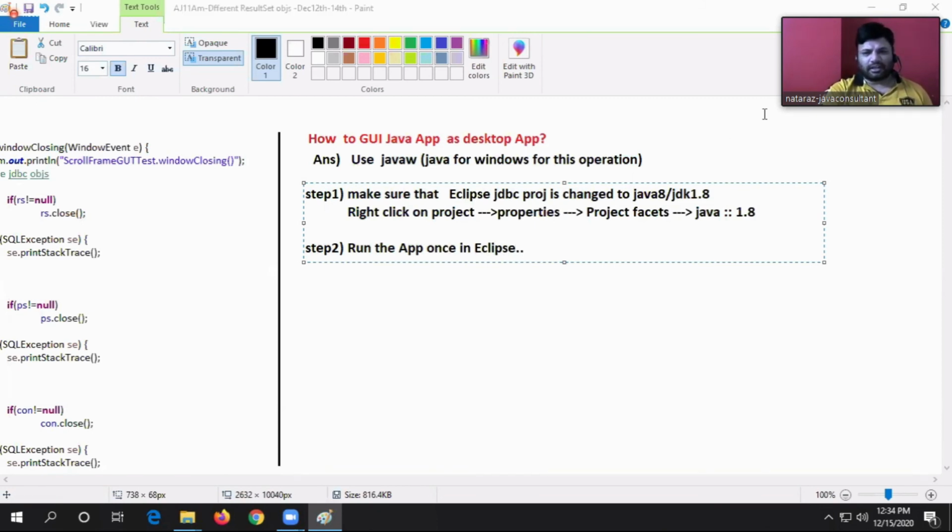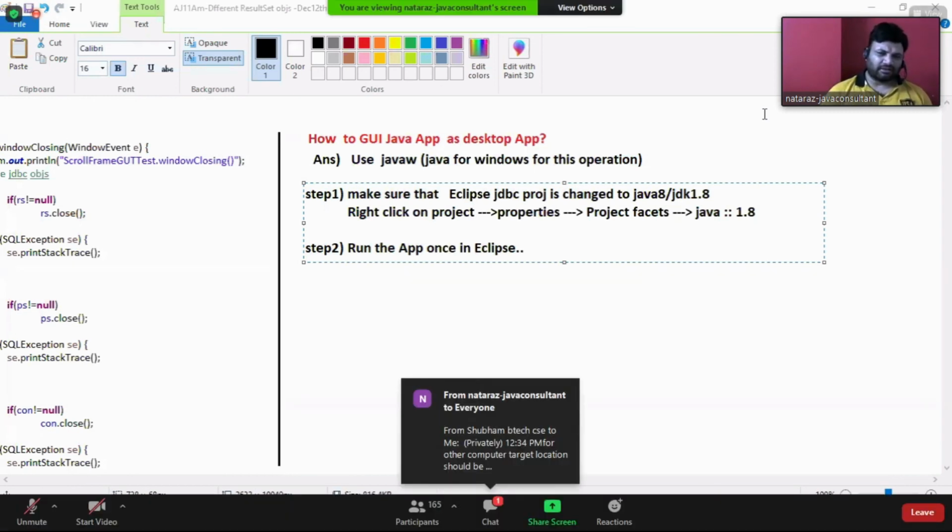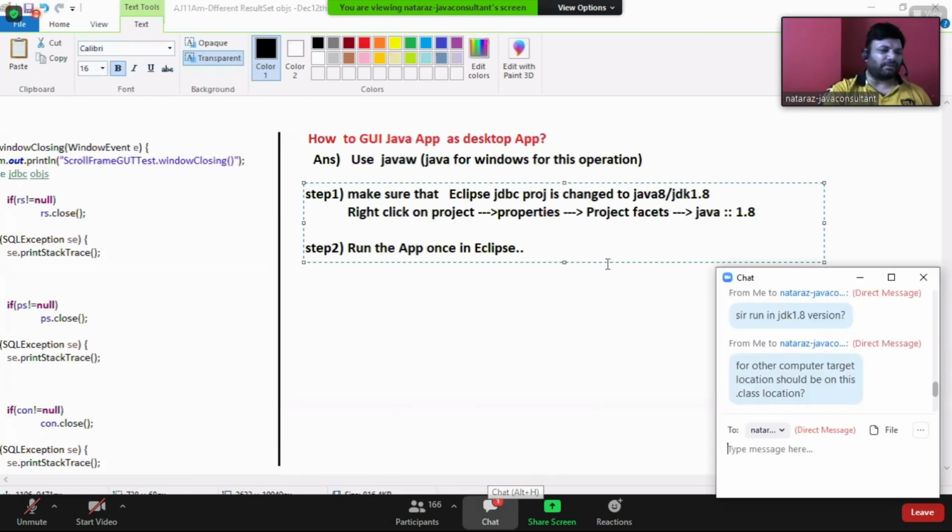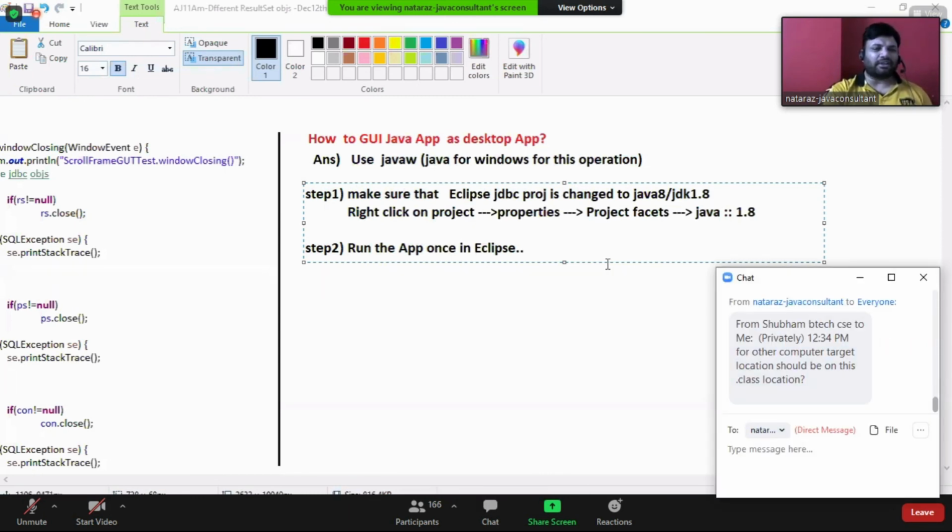Subham, this is a standalone application. How can you give another computer the .class file from this computer? You have to copy this application as it is to the other computer and run it there separately. Are you developing a website or a standalone application? Standalone application.